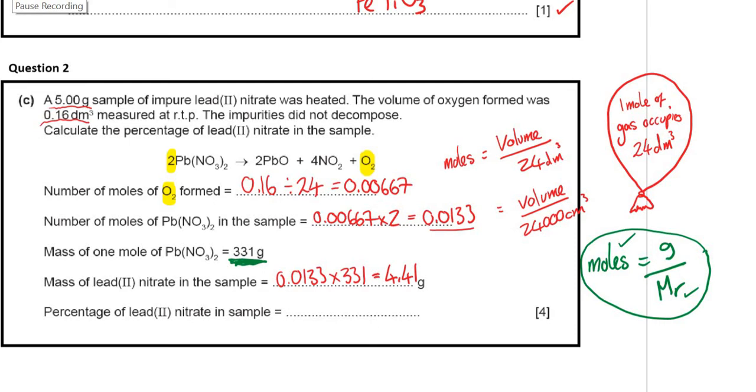Go back to the original question. We took 5 grams, heated it up, and in that was only 4.41 grams of lead nitrate. The rest of it was impurities. So express that as a percentage. 4.41 grams divided by 5.00 times 100, because it's percent, and you should get